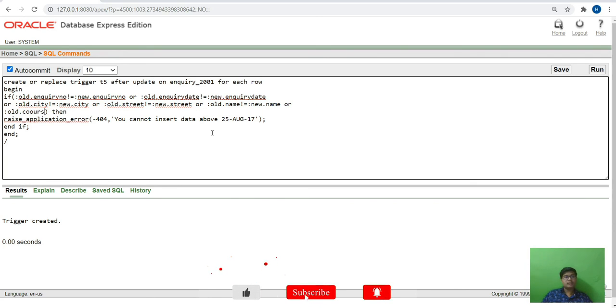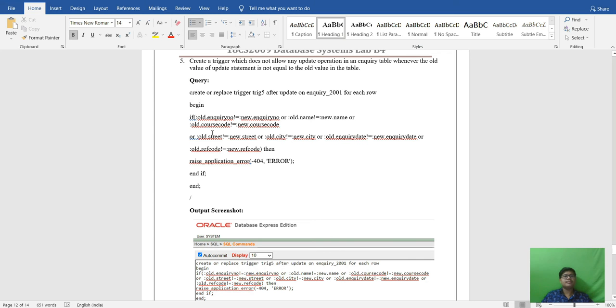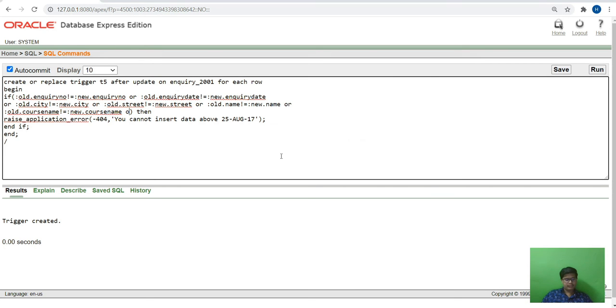old dot course name should be not equal to new dot course name, and old dot ref code should be not equal to new dot ref code.